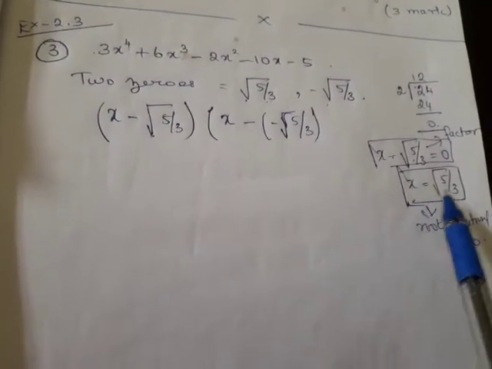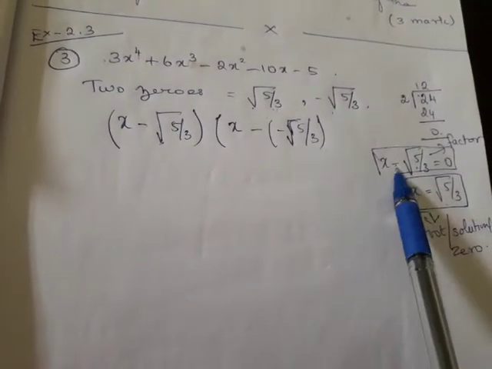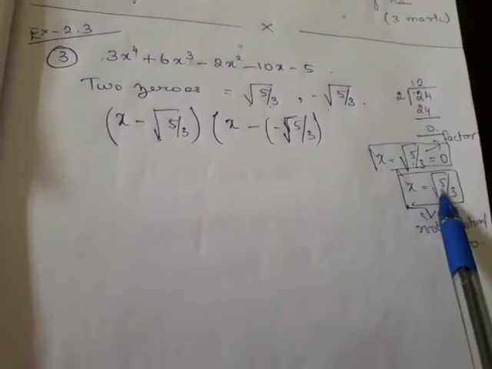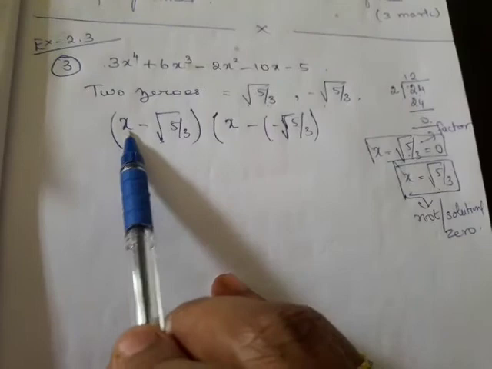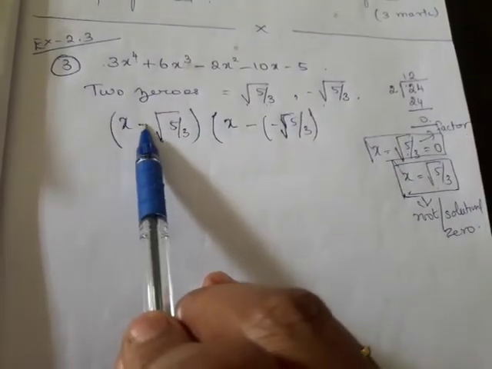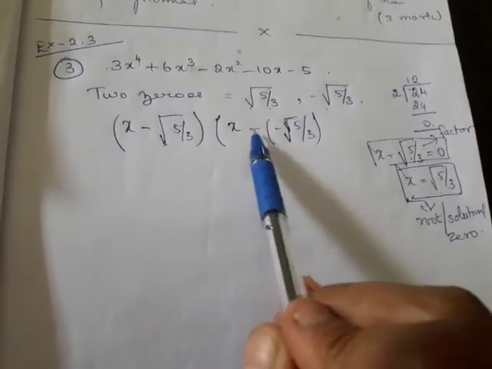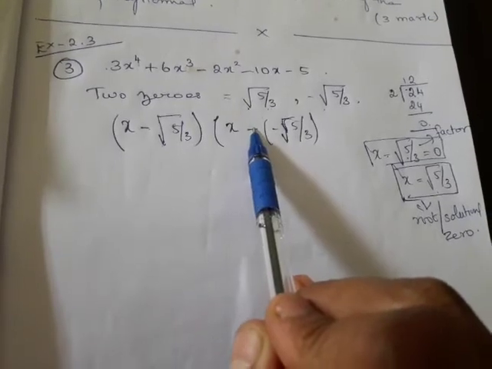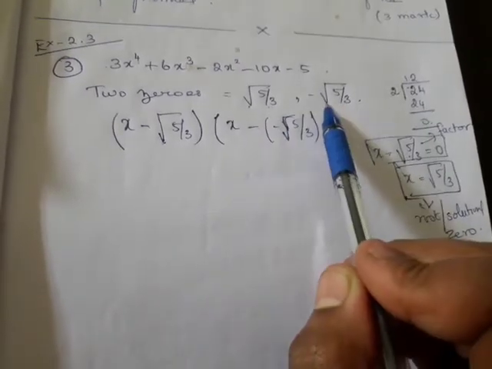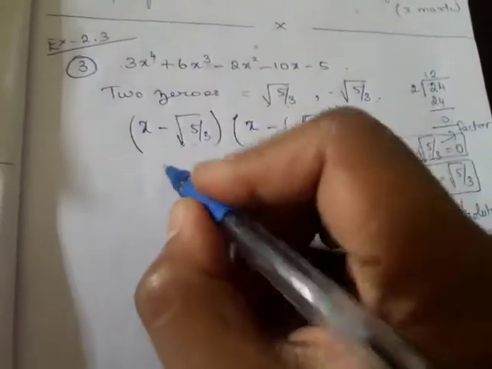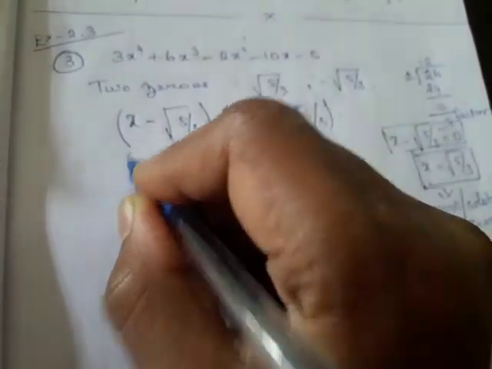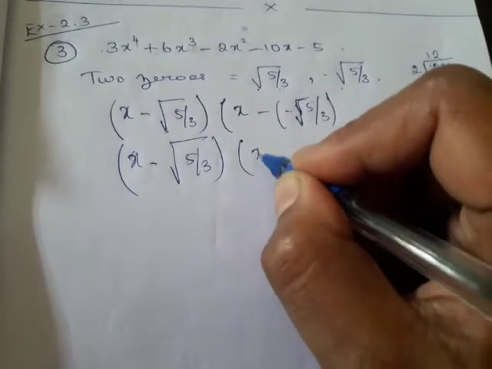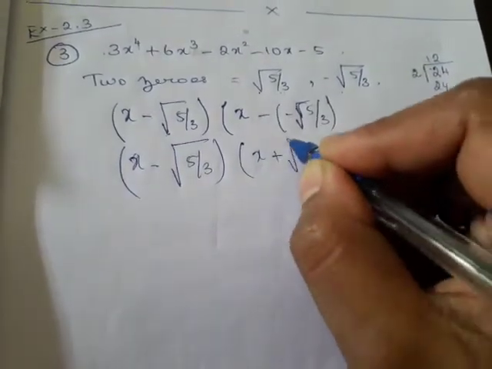When x equal to is a positive value, when you are writing it as a factor, you should write x minus, because we are bringing it to the other side. Right? So, always when you are expressing the values as factors, you should put negative sign only. Here I have put a negative sign, but again one more minus, because it is a negative root. So, what will happen here? This is x minus square root of 5 by 3, and the other one is minus into minus, it will become plus square root of